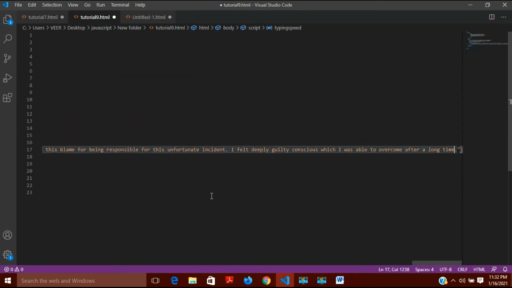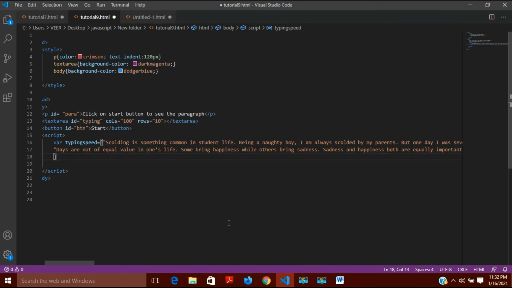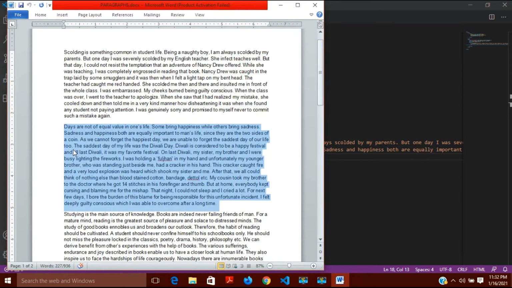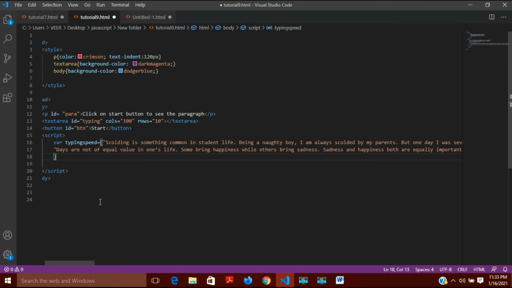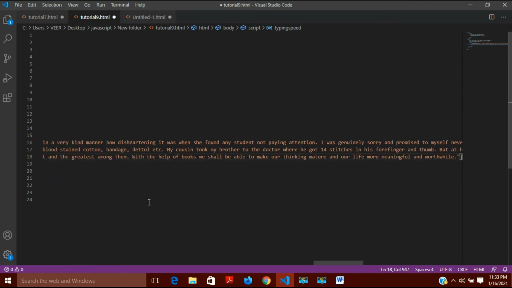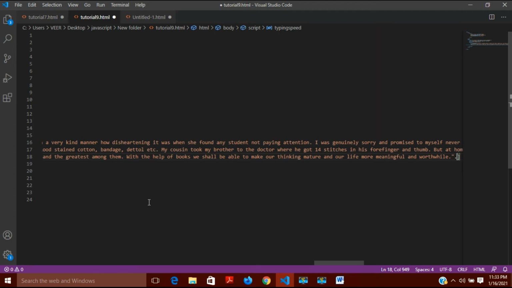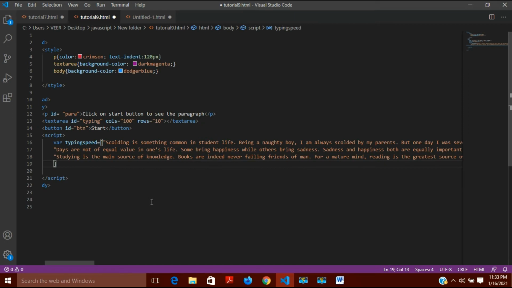Now again here I will put a comma, and after this I will write the third paragraph. In a similar way I can put all the paragraphs within quotes, then again a comma, and again quotes.